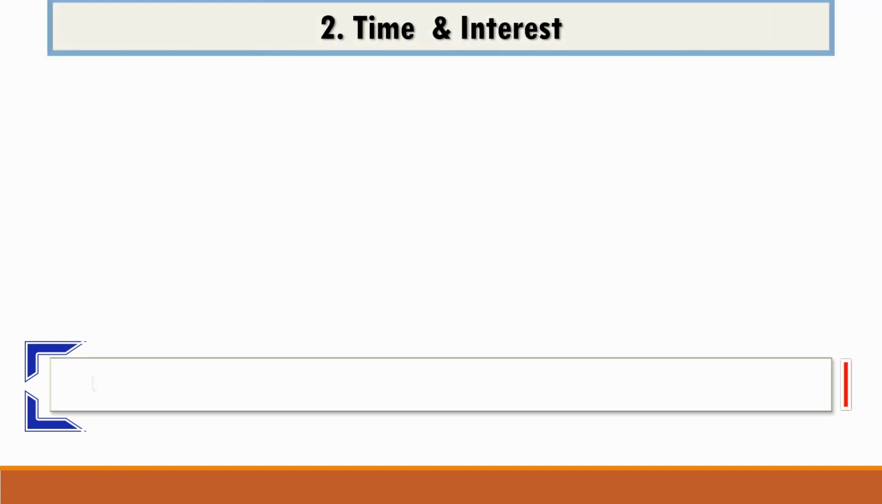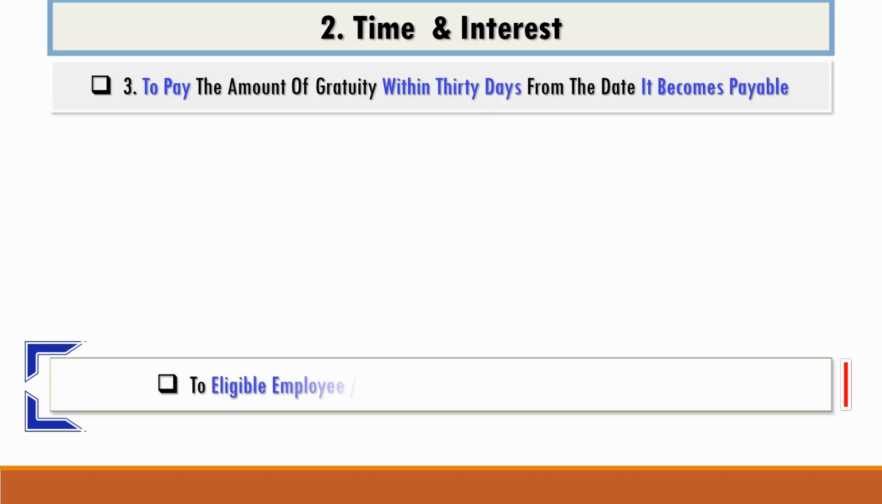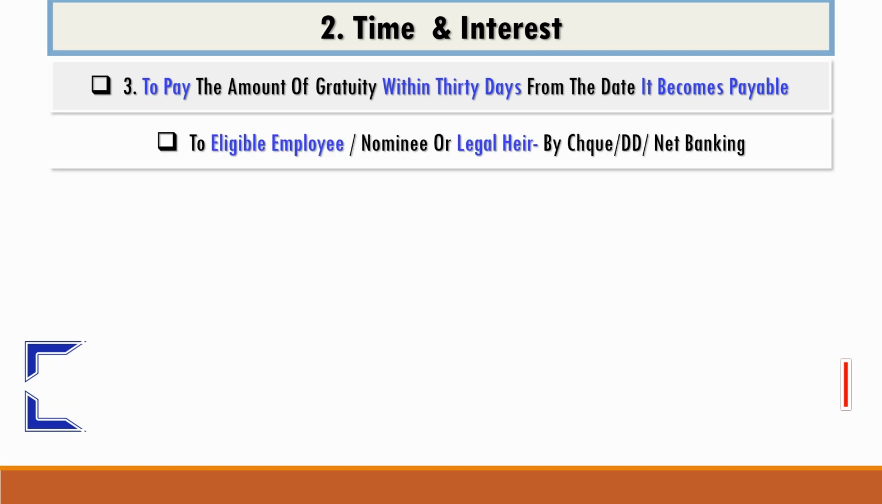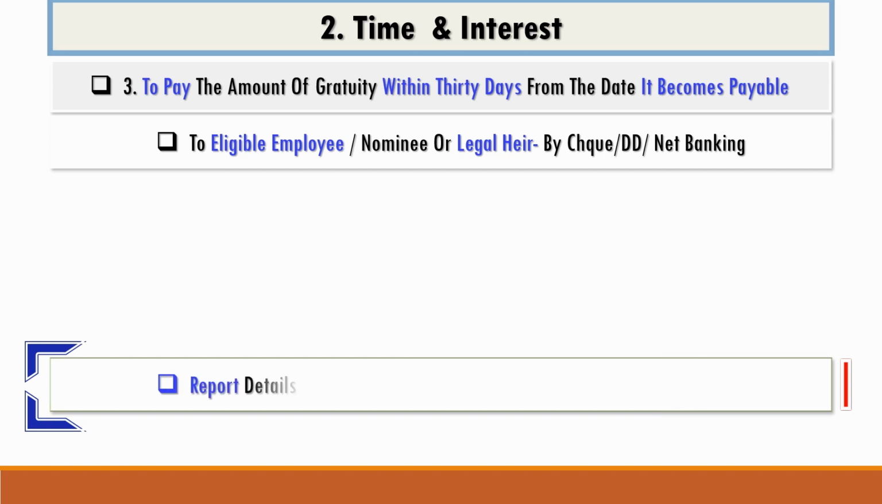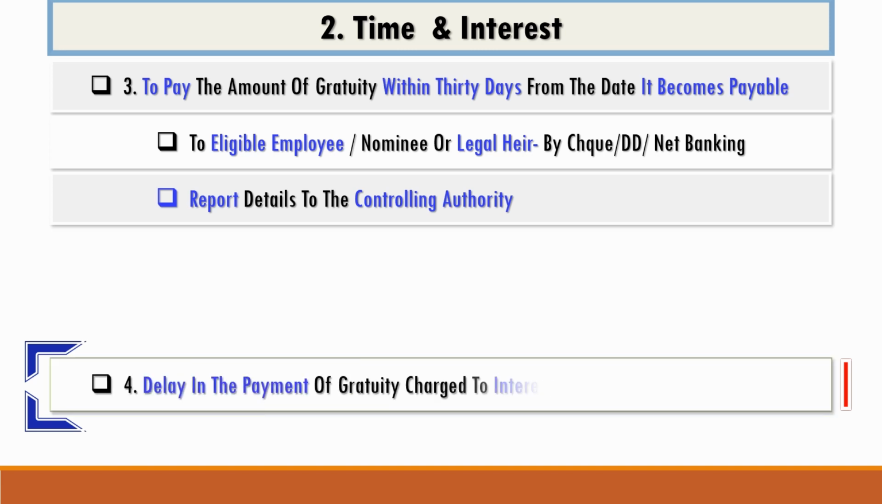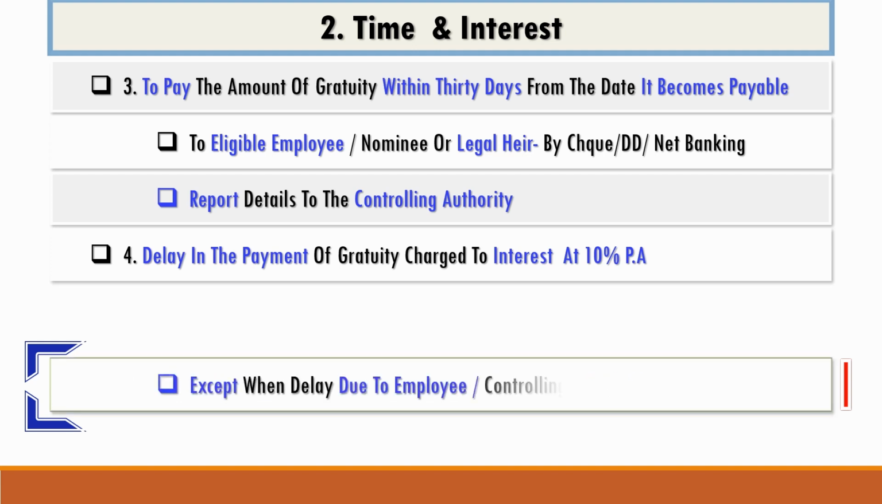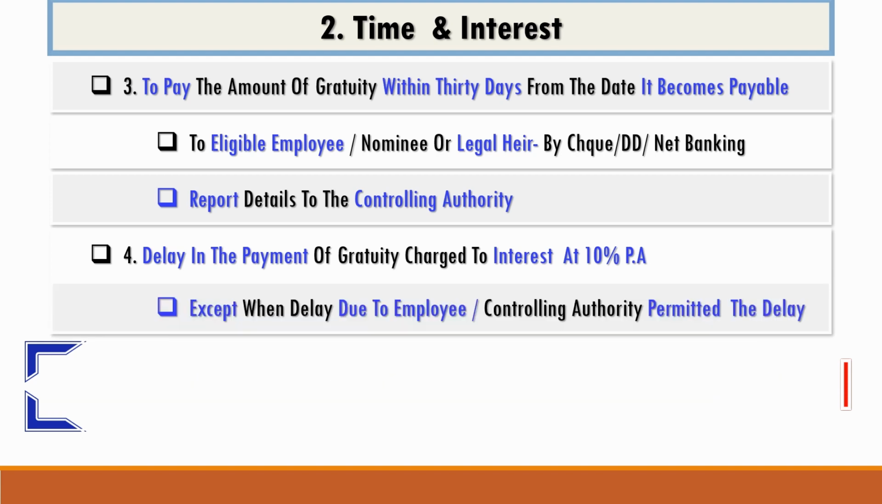The employer is obliged to pay the amount of gratuity within 30 days from the date it becomes payable to the eligible employee or his nominee or legal heir by check, draft or through net banking, and he shall report the details to the controlling authority simultaneously. If there is a delay in the payment of gratuity, interest at the rate of 10% per annum is payable for the duration, except when the delay is due to the employee or the delay has been permitted by the